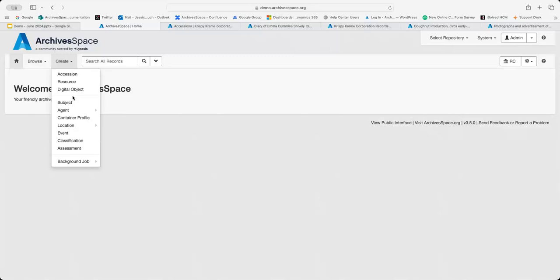The other records that you see below the line, subject, agent, container profile, location, event, classification, assessment, are all intended to be created to amplify the accession, resource, or digital object records. They are records that you would link to. So you would link relevant subject records or agent records, agents meaning names. You can see how ArchivesSpace divides an agent here. It's a person, a family, a corporate entity, or a software. But people would be described as agent records instead of just subject records, even if they're the subject of the collection. You could also create location records, either in a single